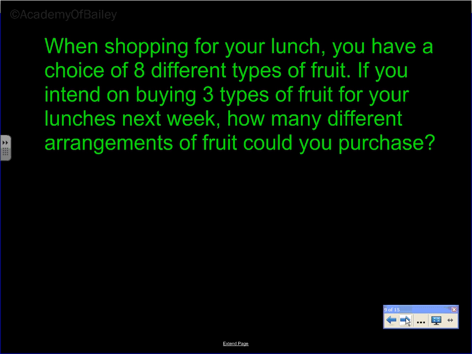Let's look at the next one here. When shopping for your lunch, you have a choice of 8 different types of fruit. If you intend on buying 3 types of fruit for your lunches next week, how many different arrangements of fruit could you purchase? Okay, well,